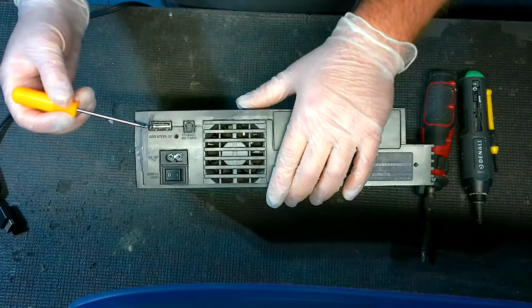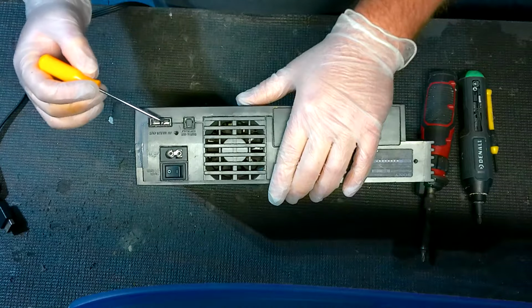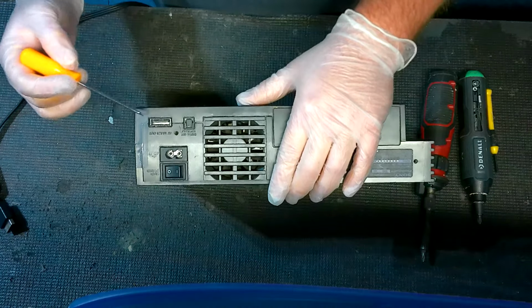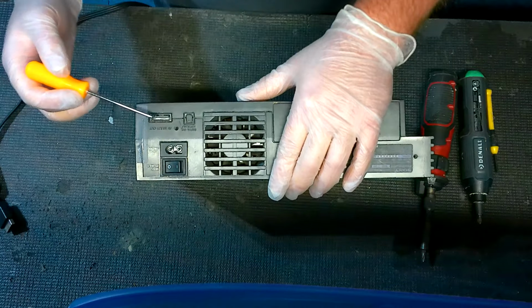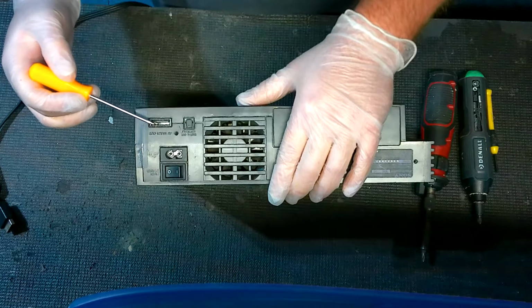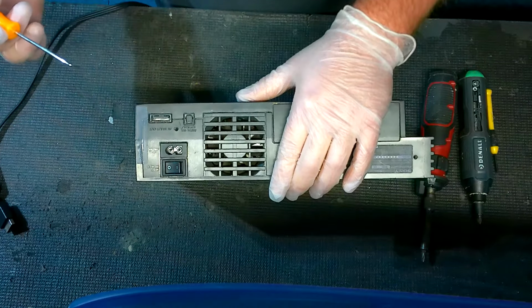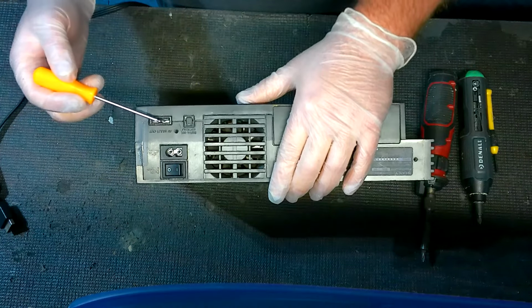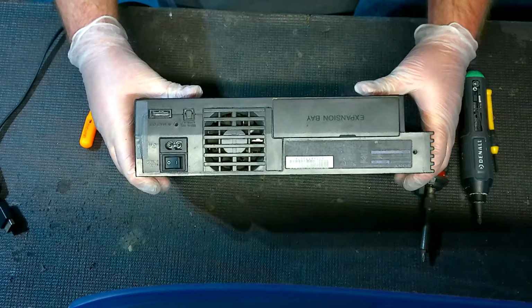Just keep in mind that the more often you do this, the weaker these pressure clamps get. Eventually, these metal clamps will be moved so much they could break out, and at that point you're screwed. So if you've got one that already has weak clamps and you're having to pry them out, please try to